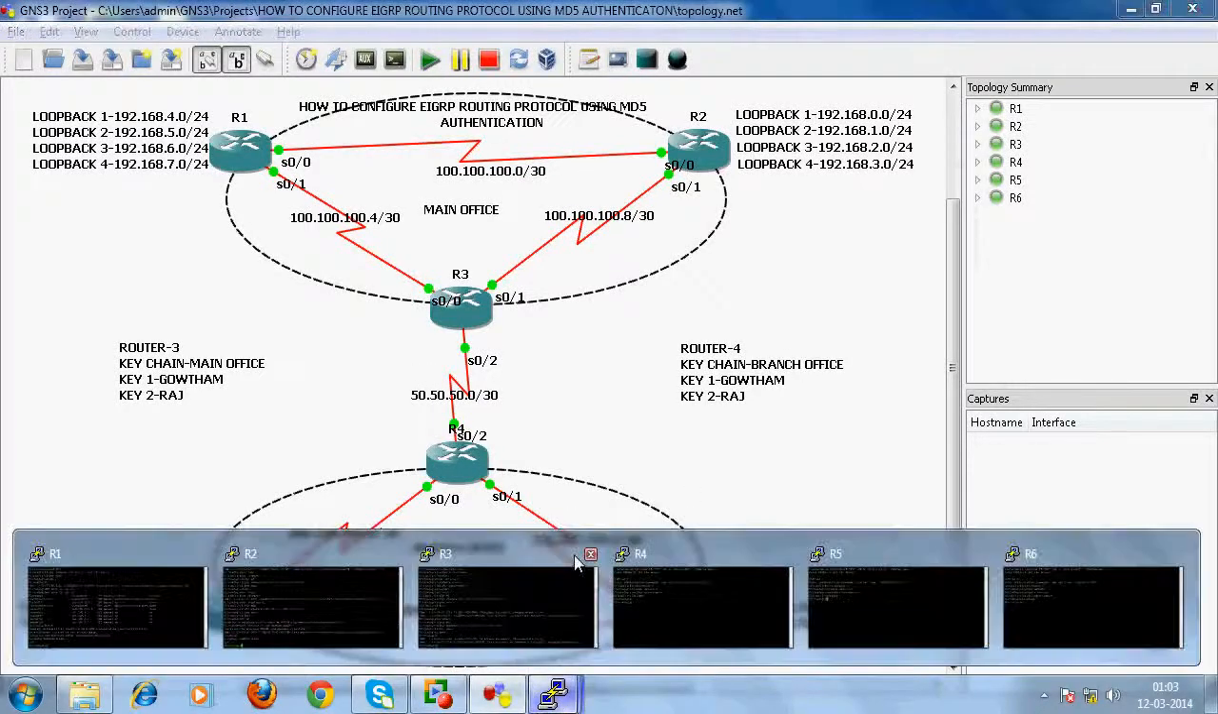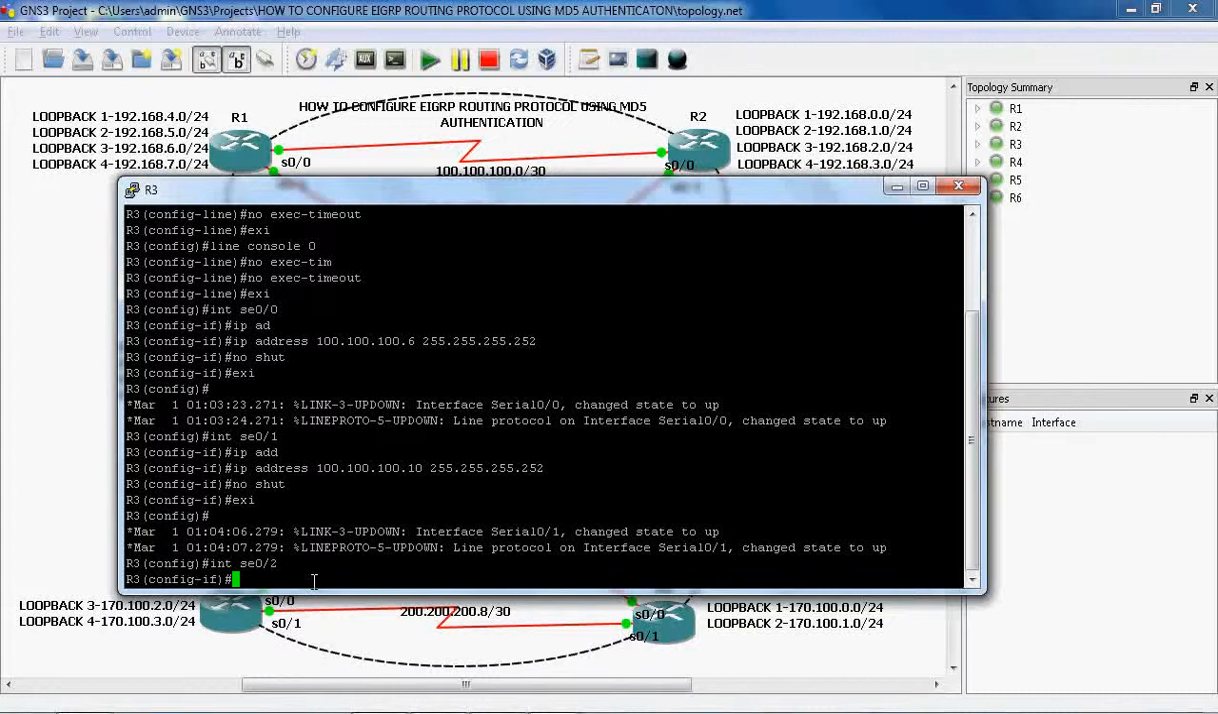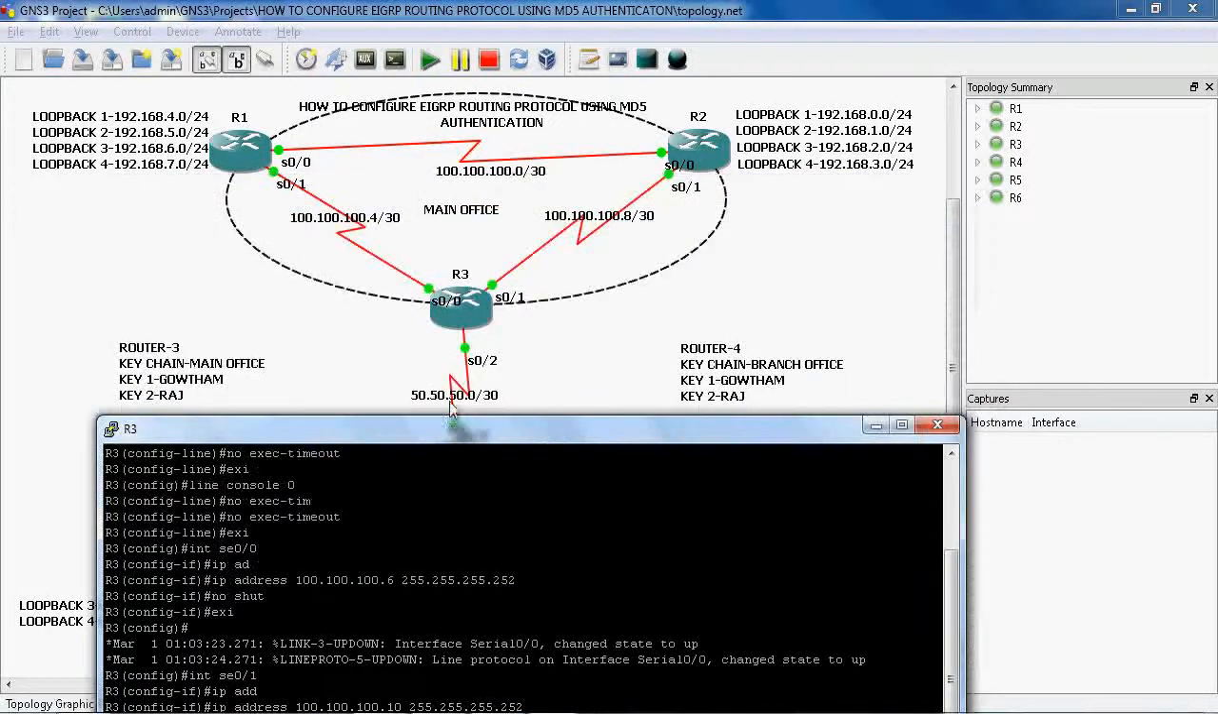Okay, in the R3 router we don't have any loopback interface, so we can assign the IP address for serial 0/2. We can go to that particular interface, serial 0/2. Now we can assign the IP address. The net ID is 50.50.50.0/30. This is a class A IP address, but we can subnet it into /30, so this is a classless IP address. Here also we have 4 IPs, so only 2 IPs we can use. The remaining 2 IPs are used